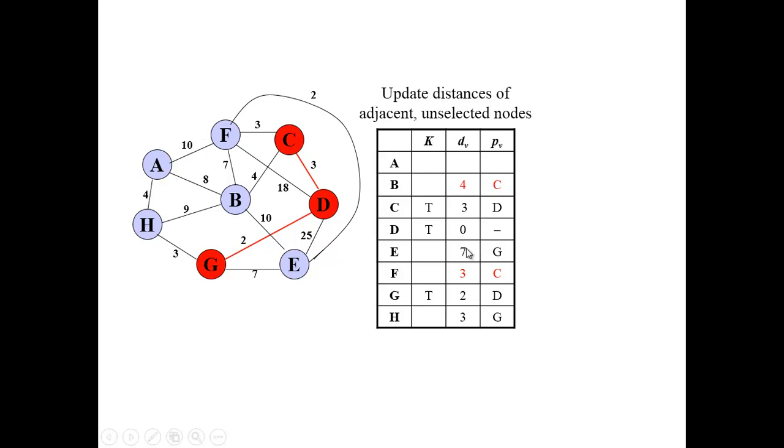We will write down the edges of B and F and we will select the minimum weight edge from these two. That is, from C to B the weight is 4 and from C to F the weight is 3. Next is F. The adjacent of F is A and B, but the weight from F to A is 10 and F to B is 7. Now we will explore E, that is from F to E because it has minimum weight, that is 2.